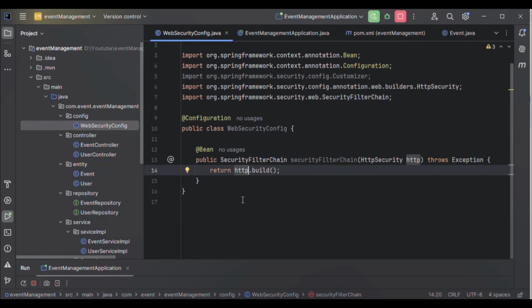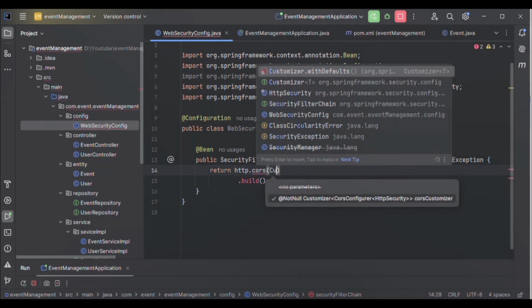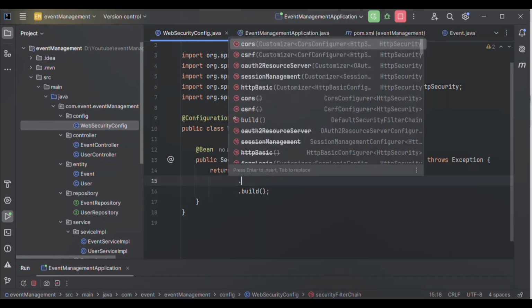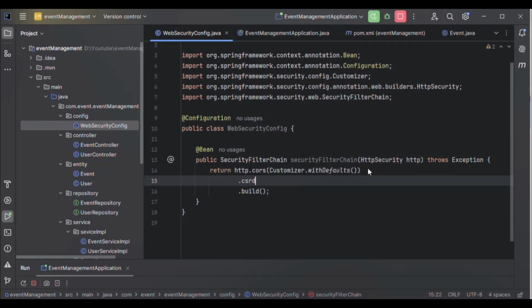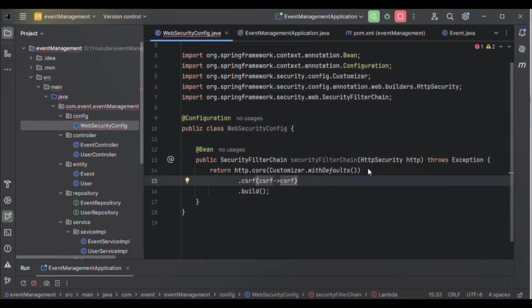So let's add a configuration. First I will enable the CORS filter. Here is our cors, and I will say Customizer.withDefaults. Then I will disable the CSRF. I'm using the lambda expression. If you want to know about the lambda expression, I suggest you watch the other videos.